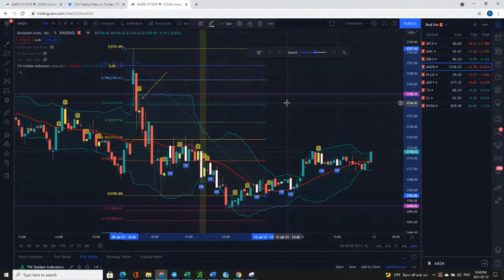But the good thing with swing traders is the potential. If there's big gap ups overnight, the swing trader can get that part of the pie, whereas the day trader will not, right? So there's pros and cons to day trading and swing trading. But I'm trying to teach you guys everything.